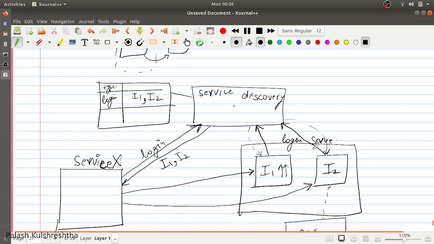If there is some system problem in I2, or if I2 crashes, then the health check call from the service discovery system fails, and when the system is not able to contact I2 for a particular amount of time, it removes I2 from the list. When service X refreshes its list of IPs, it gets only I1, and then it knows that it should send traffic to I1 only.